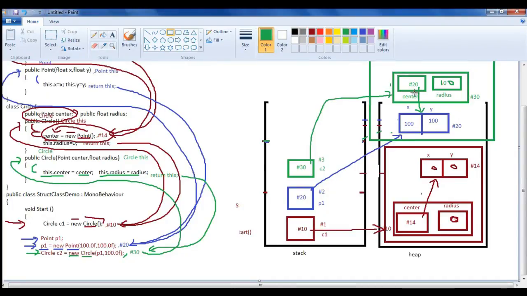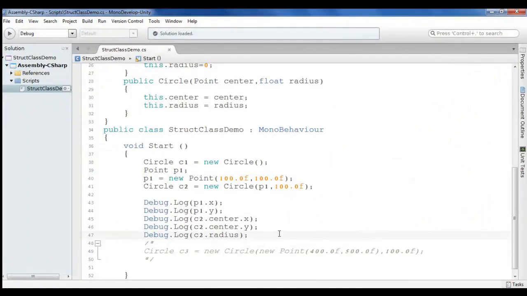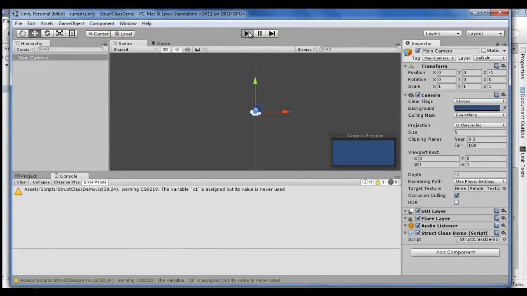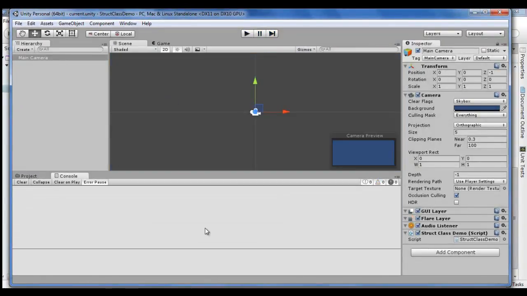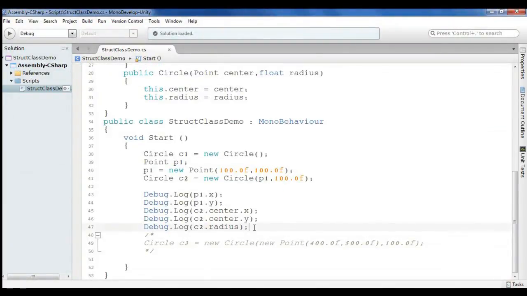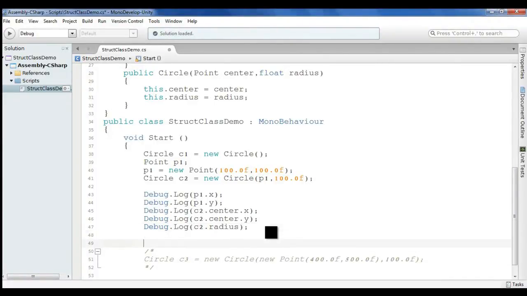The path you should go, the link you can see, the direction. Now we save and come back and run the code. You can see 100, 100, 100, 100, 100. I hope you guys are understanding. Now at any time, if I make the modification to p1.x equal to 200.0f,